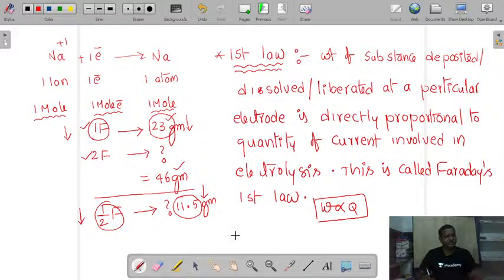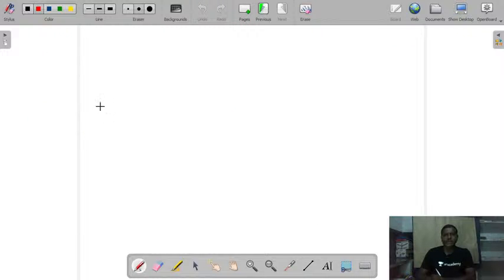Okay, W is directly proportional to Q. What is W? Weight of the substance deposited or dissolved at a particular electrode. What is Q? Quantity of current in coulombs. And to avoid proportionality, we use a proportionality constant, small e. What is small e? Proportionality constant,